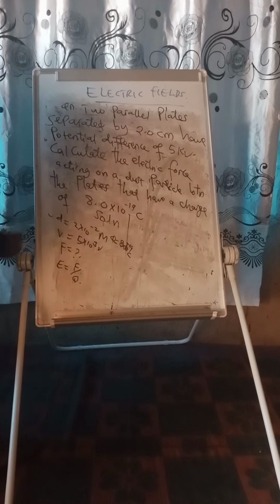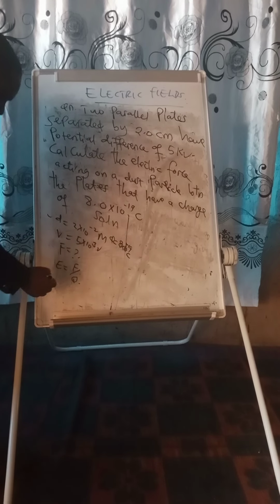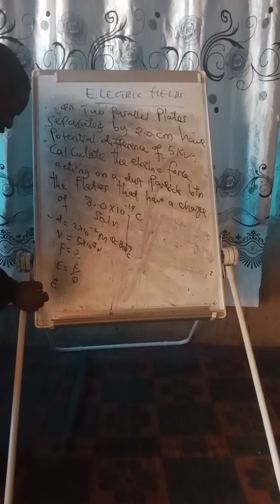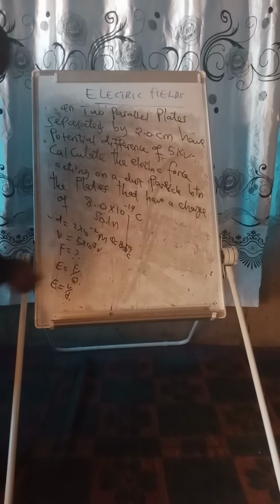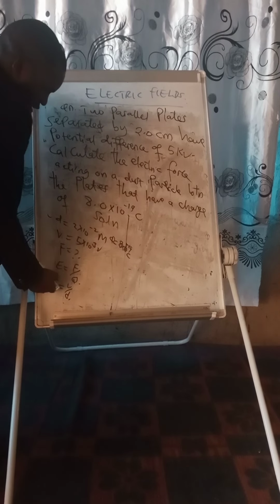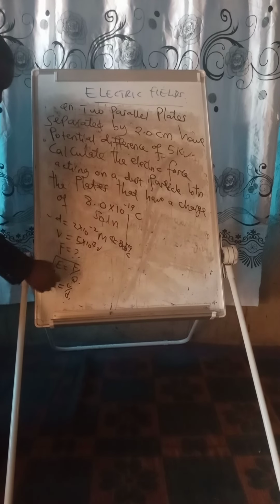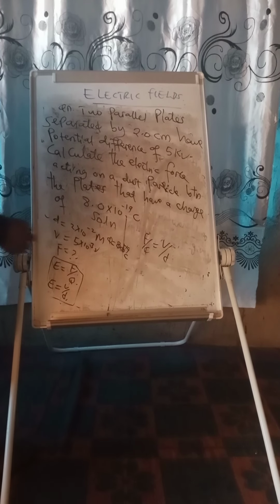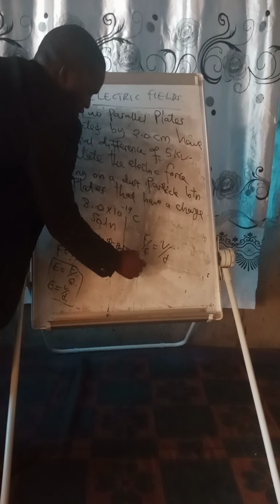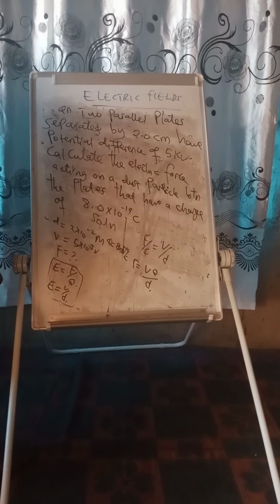But we don't have electric field strength. So another formula for the electric field strength is V over D. So we can rewrite this: F over charge is equal to potential difference over D. So we can find force by taking potential difference times charge over distance